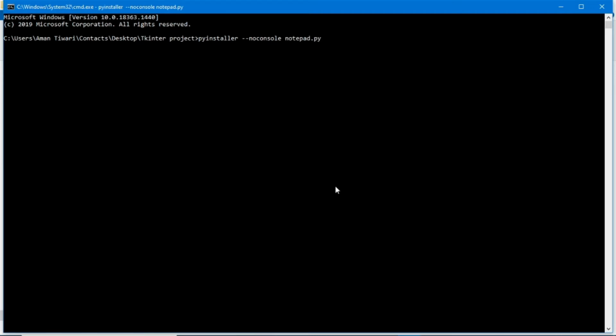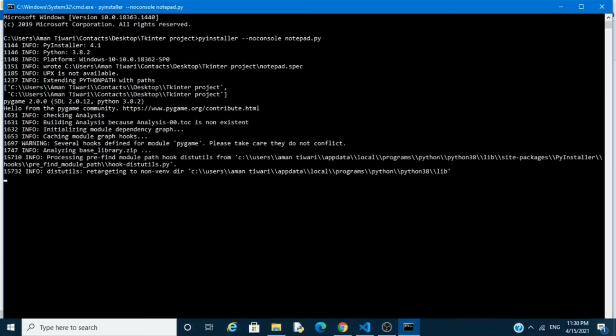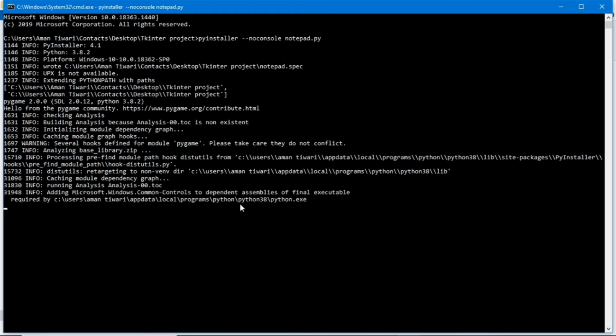So guys, you can see the converting has started from .py to .exe. It takes a few seconds, I think 40 to 45 seconds, to convert the file into software.